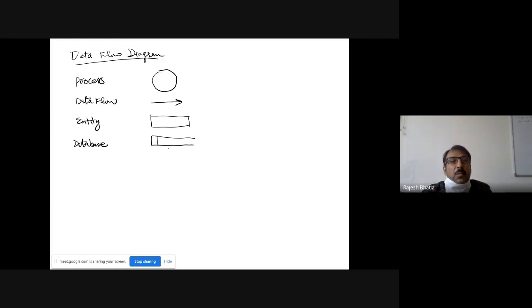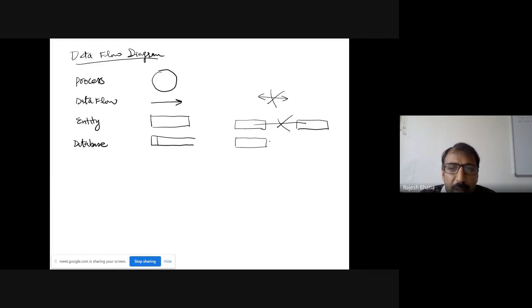Now, these notations are to be used, and an arrow cannot be double-headed. Okay, like this. It cannot be like this. No. And one thing also you need to take care of: an entity and another entity cannot communicate directly. Like here is a student and here is another entity, say instructor. So when it is a kind of one table, another table, without any SQL statement, they cannot interact. Okay, it's not possible. There should be at least a single process,